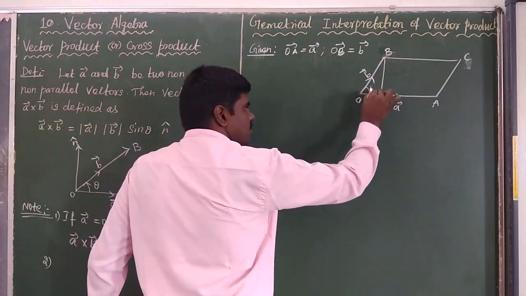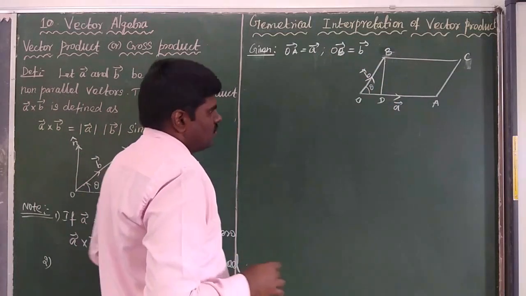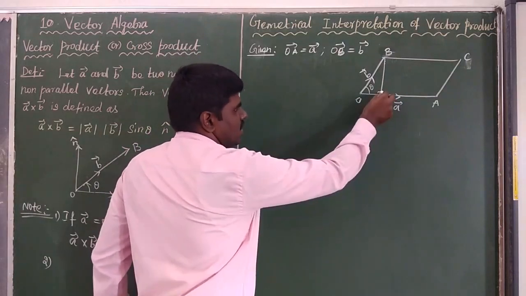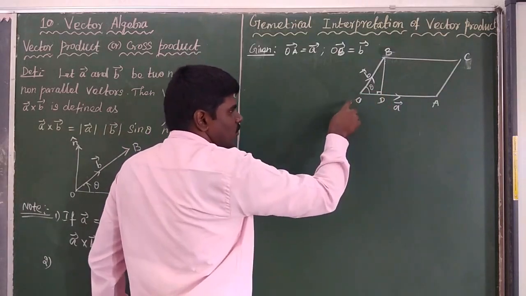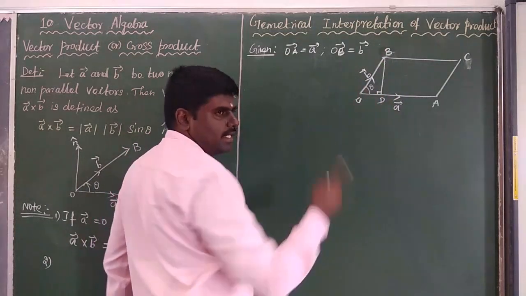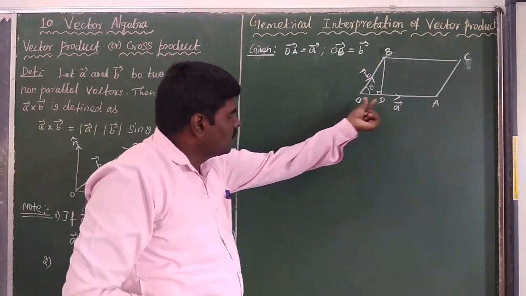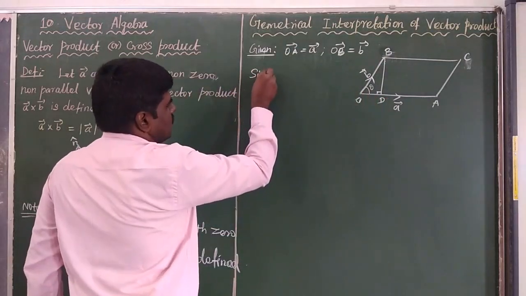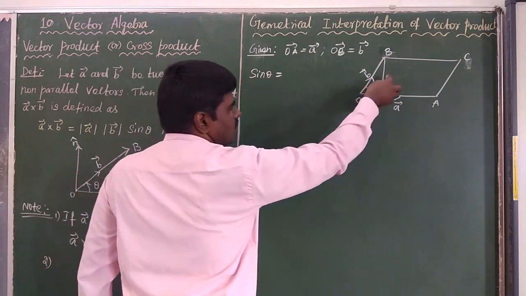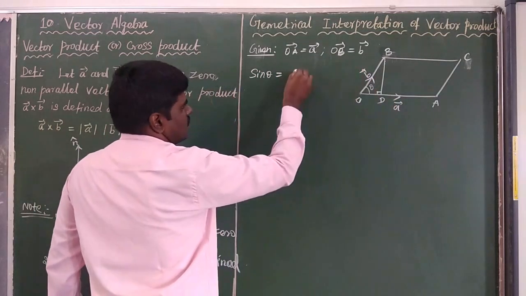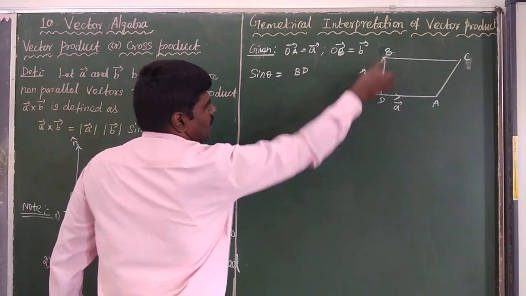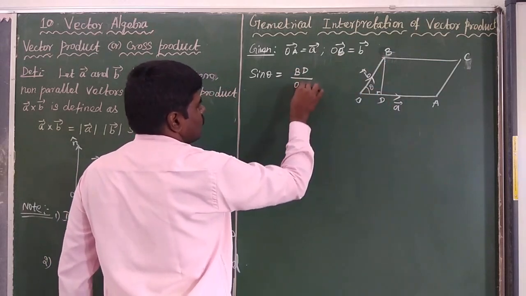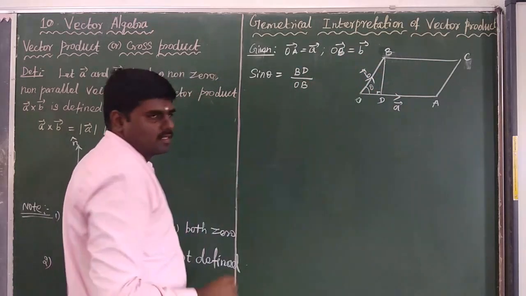Here we need the particular value of theta. So we'll find it out. Here, 90 degrees is perpendicular. That is, D is a 90 degree angle. In triangle ODB, D is a 90 degree angle. Now I find out the sin theta value. Sin theta is equal to what's the formula? Sin theta is equal to opposite side by hypotenuse side. The opposite side is BD, divided by the hypotenuse side, which is OB. The hypotenuse side is equal to OB.